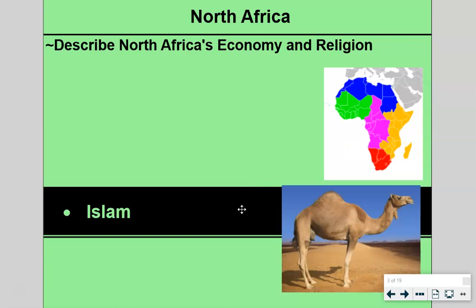Now, eventually, the predominant religion of North Africa will become Islam. Like I said, early on the Romans brought Christianity into the area, but eventually Arab armies started to conquer North Africa in the 600s after the fall of Rome. This was something we saw as a common pattern. Rome falls, and then someone needs to come in and fill the power vacuum that has been left open. In North Africa, it was Arab armies from the Middle East, and they brought a new religion into this area, and that was the religion of Islam. So in the 600s, after the fall of Rome, Islam replaced Christianity as the dominant religion, and Arabic replaced Latin as the number one language spoken in the area.